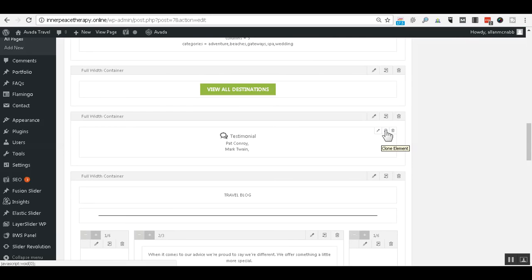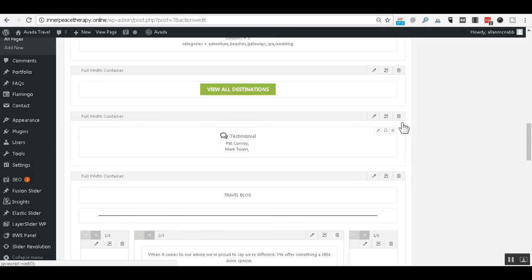If you set up, whether it be a container, you can do it here. Whether it be an element, you can do it here. You can clone it. So with one click, it makes a copy. If you want to keep all the same settings, that's great. Maybe change the text a little bit. It's really, really much faster. Of course, you can